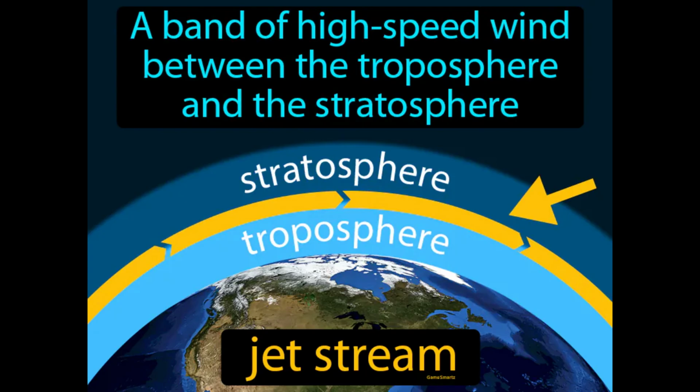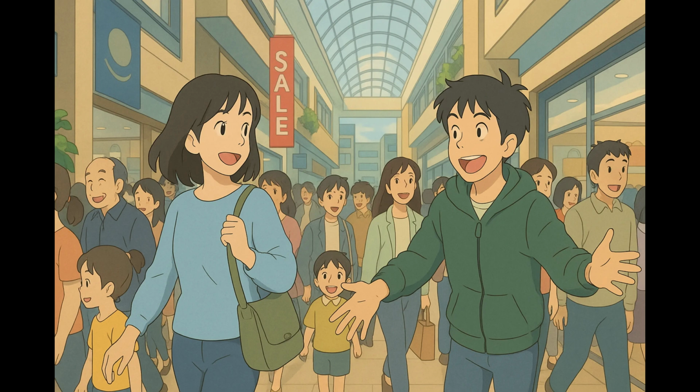A band of high-speed wind between the troposphere and the stratosphere. Jet stream. Jet streams are fast-flowing air currents in the atmosphere that influence weather and climate patterns. Imagine you're trying to navigate through a crowded shopping mall on a busy weekend where people are moving at different speeds and directions. This situation is similar to how the jet stream operates, as it is a fast-moving band of